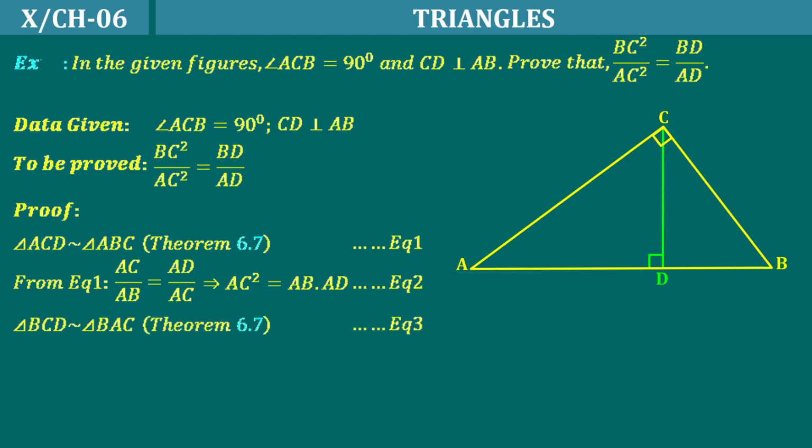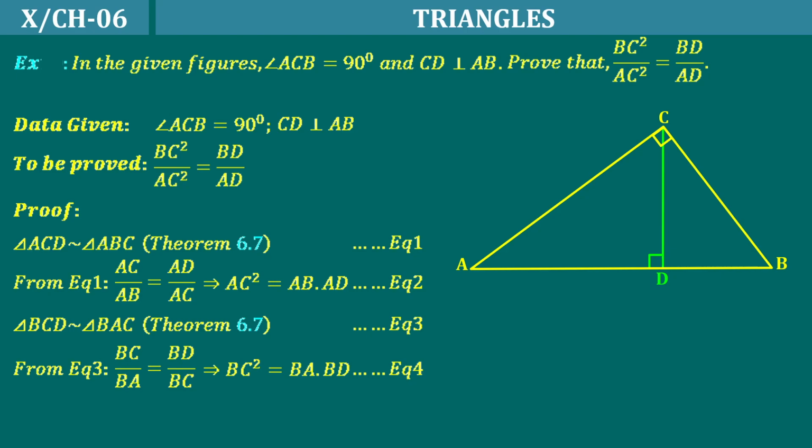Same 6.7, and from equation 3 we can say BC by BA equals BD by BC, and on cross multiplication we will get BC square is equal to AB into BD. This is equation 4. Now if you watch it carefully,